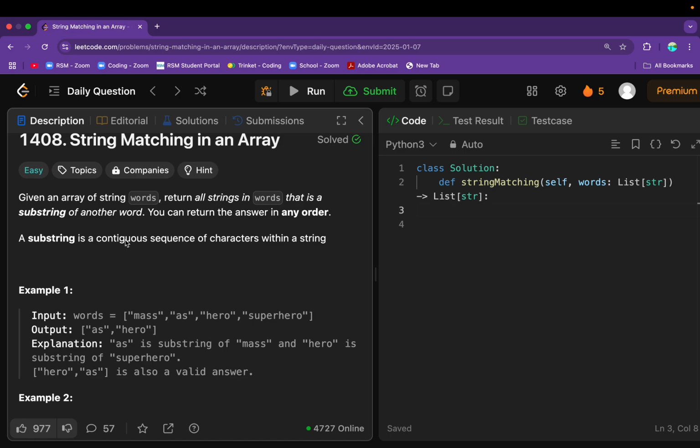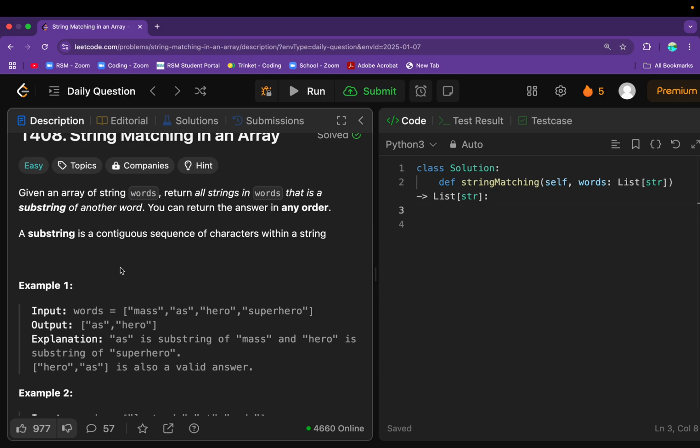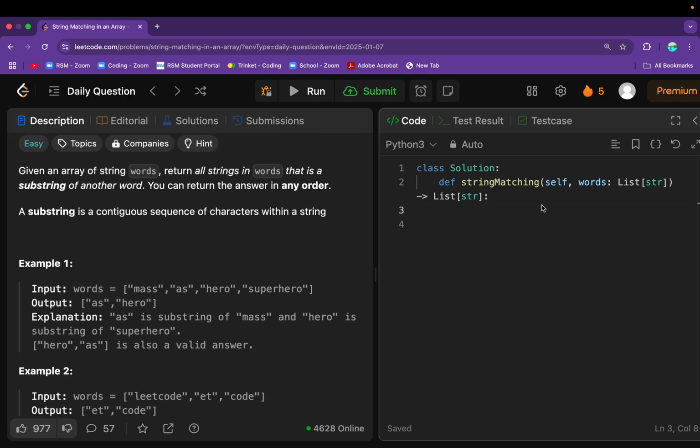And finally, we're simply going to return the resulting list, because again, if a string is a substring of any other string with any other pair in the nested loops, we know it fits this condition, because all it has to be is a substring of at least one other string. And if that condition holds true, well then great, we can automatically append it to our resulting list. It doesn't have to be a substring of all the strings in this input string words. Okay, and eventually, again, we're simply going to return our result,